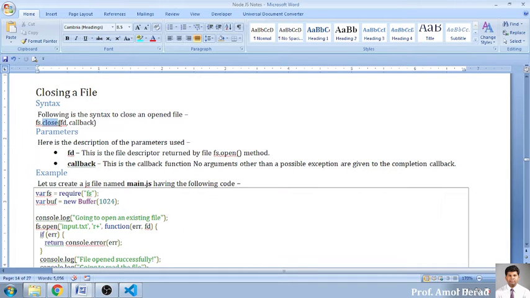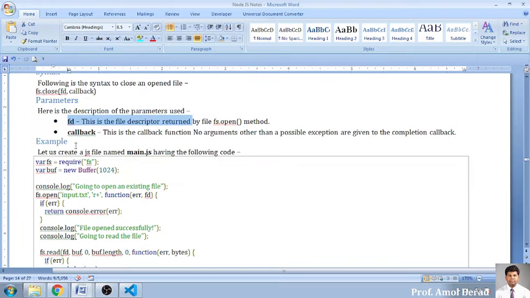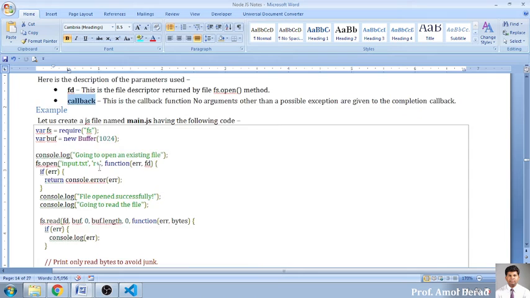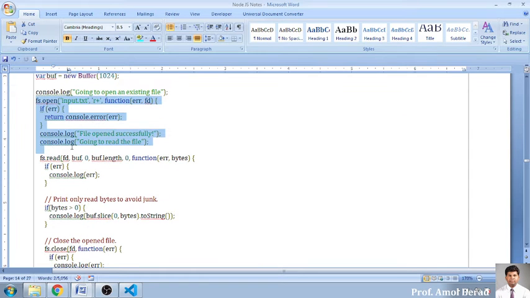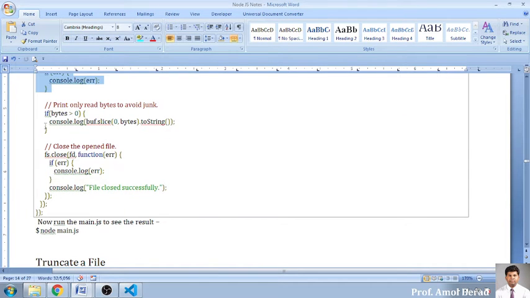So we have to use this function, that is file.close, और जो object हमने open किया था उसी object को हमें close करना है. And whenever we are using this callback function, you will be writing a code for closing that file. So same code, I have opened a file, I have read the content, and finally, after completing it, I am closing the file. So this is the basic code you have to understand.